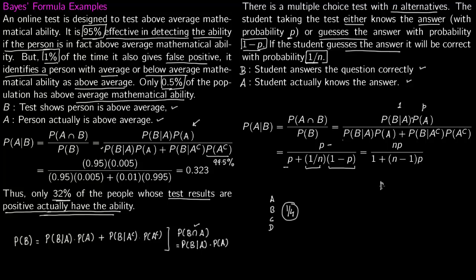So for example, if your p was just half and say n was 4, then you can immediately see that your answer would be 1 over 1 plus 1 by 4, which is 4 by 5. So there is an 80% chance that a student who answers the question correctly actually knows the answer. So if you pick P as half and N as